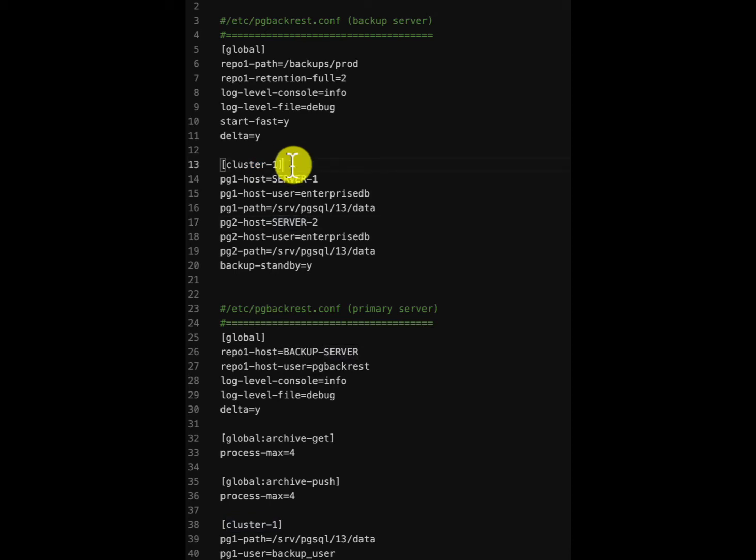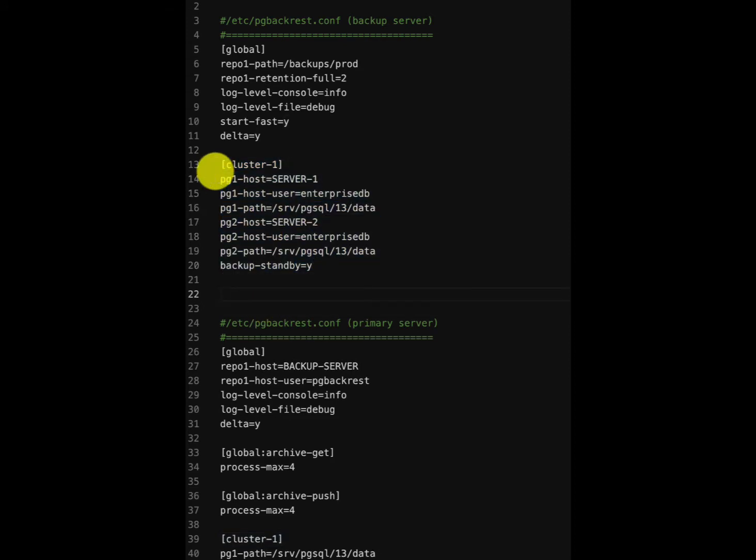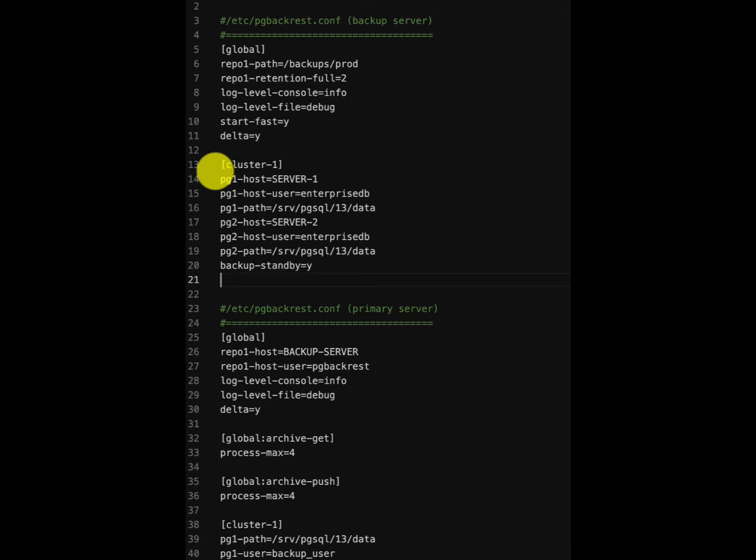If you have multiple clusters to back up, you can add another section underneath this one with that cluster name. Likewise, you can keep on adding multiple sections for different clusters in the same configuration file. In the global section, you can define the backup repository, which is the place where it takes the backups. It's called repo1-path.